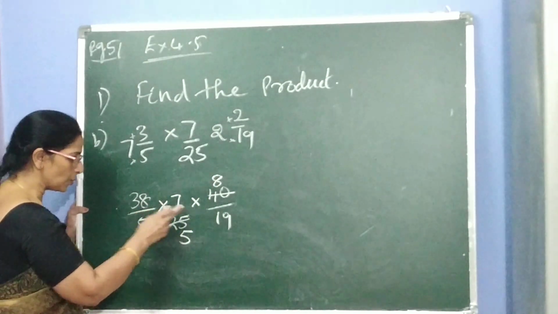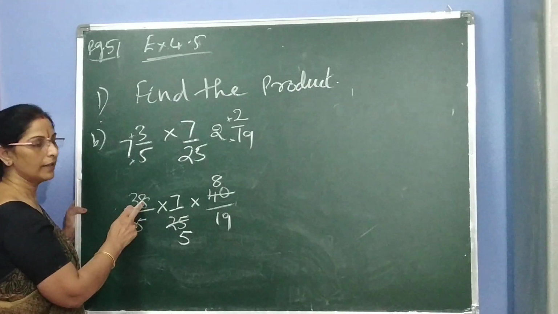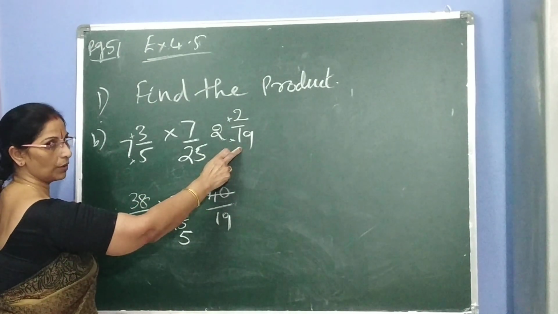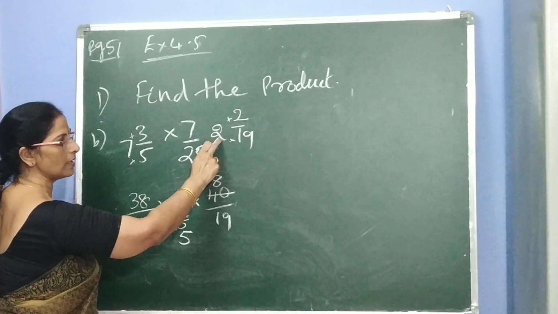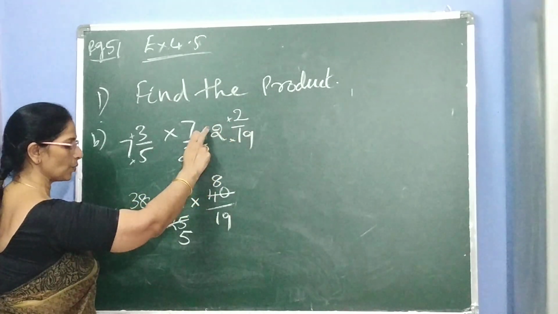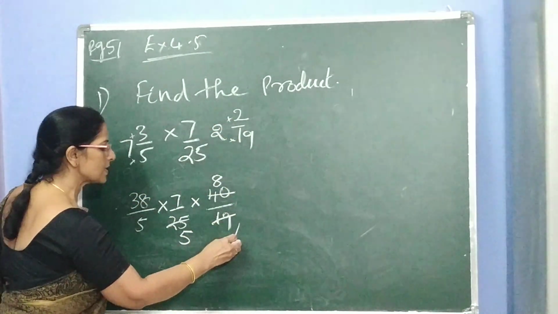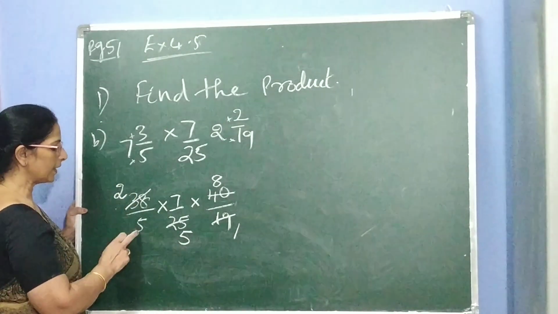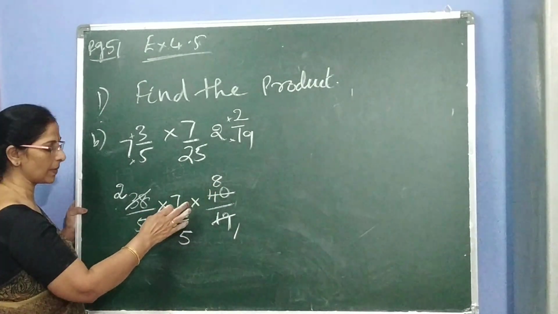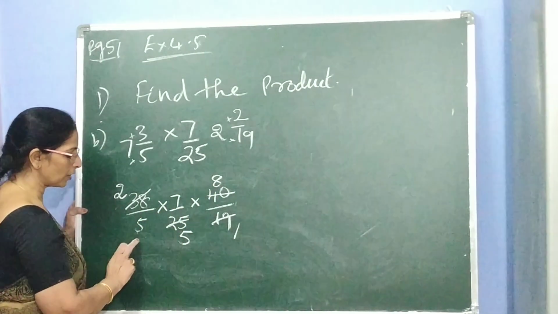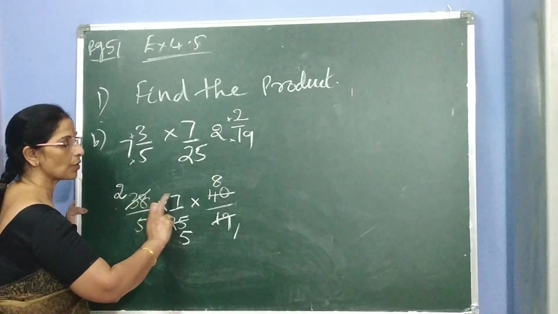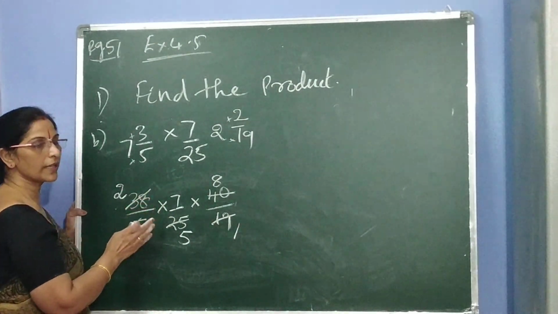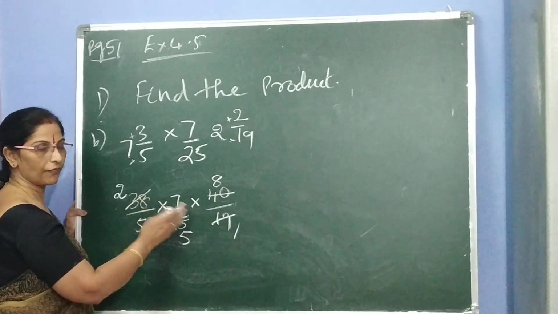Now here these two numbers can also be simplified. Here 19 2s are 38. Here we did the multiplication: 19 2s are 38, 38 plus 2 is 40. So 19 2s are what? 38. 19 1s are 19, 2s are 38. Okay, up and down or cross numbers can be simplified, but we should not do simplification for numerators, and we should not do simplification for denominators. Only up to down or cross numbers can be simplified.